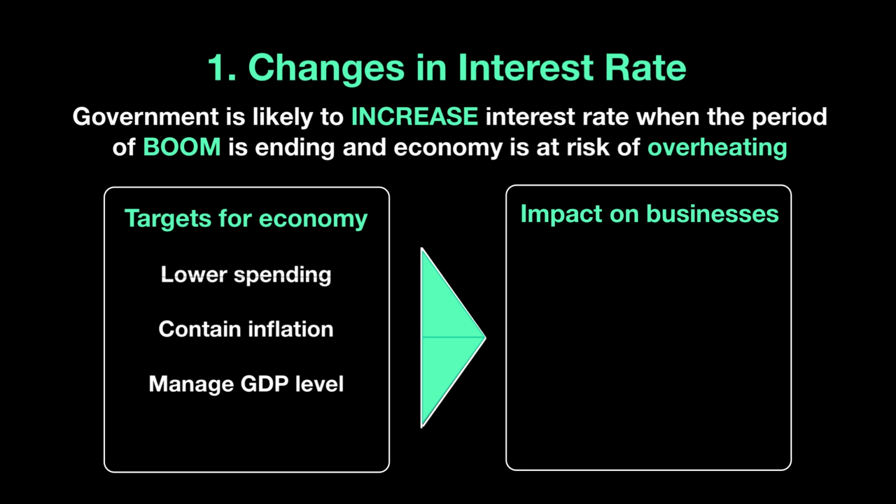An overambitious GDP level will see the overheating period, meaning the start of recession, much more quickly. And at the same time, government wants to reduce the amount of imports in the country, because the more you import, the more foreign currency leaves the country, which leaves the exchange rate depreciated. So an increase in the interest rate will have a direct impact on businesses in that country.